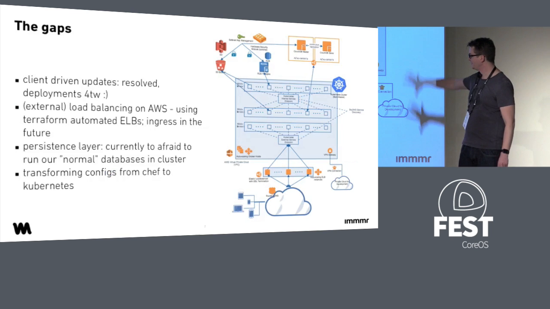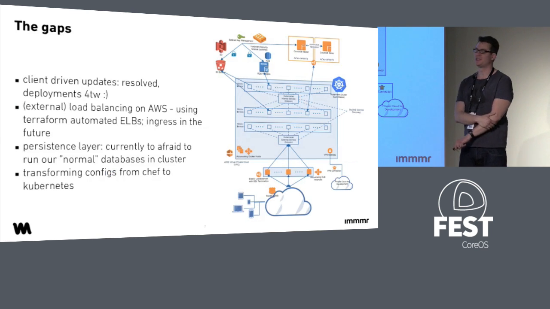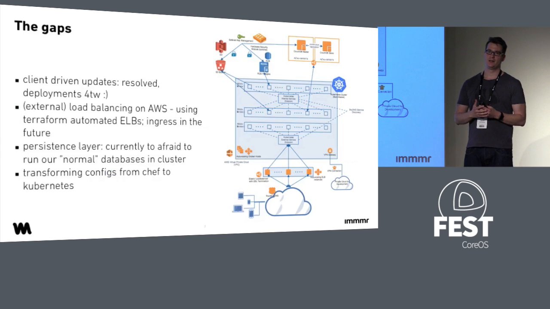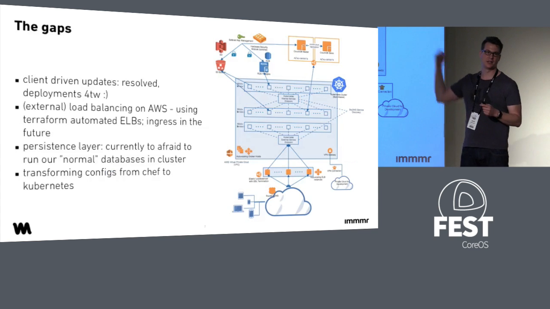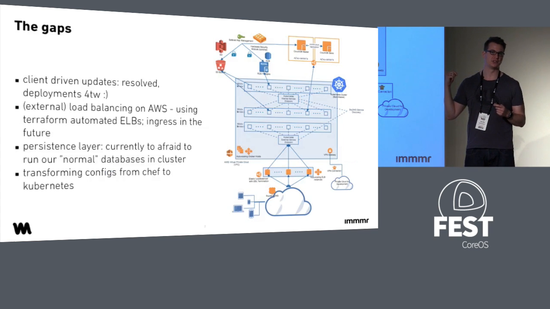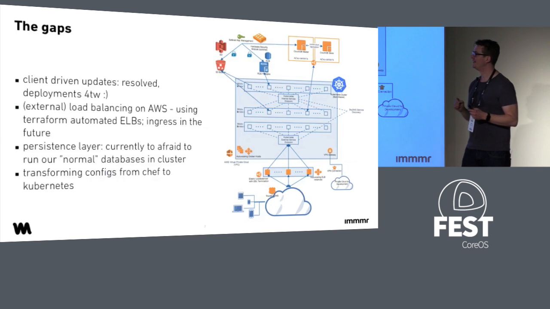I'm not going to go into every single box in here. I just want to show you a little bit what we identified as gaps, but also to give huge thanks to the community, because some of the things we encountered on our way to production, other people encountered as well and already fixed them for us. So that's pretty good. For instance, client-driven updates. It used to be that you trigger a rolling update from your client station and that would move with the